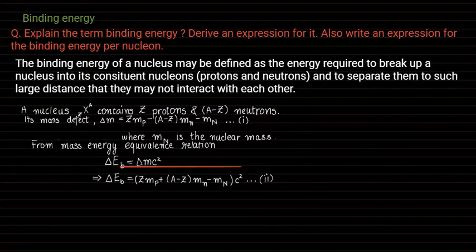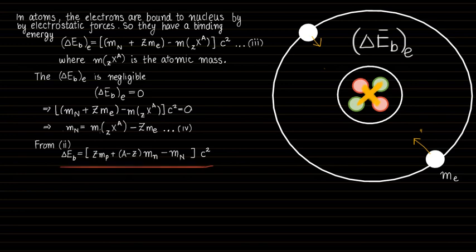Fine. So now I can equate this equation 4 in my expression 2. Here I have a nuclear mass, isn't it? I can equate the expression for the nuclear mass here. So this is your equation 2. Now let's substitute this expression here in the nuclear mass. Fine. So I'll get somewhat like this. Now look here. There is a negative sign. Okay. So if I multiply this negative, this term becomes negative, and this term, minus ZME, will become